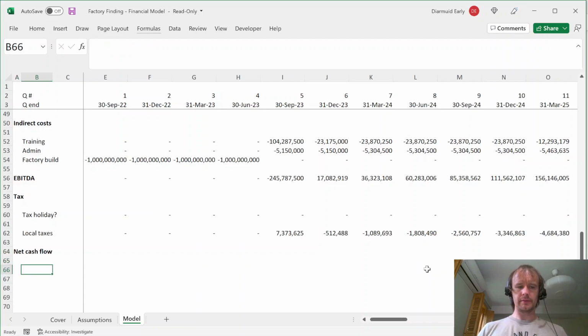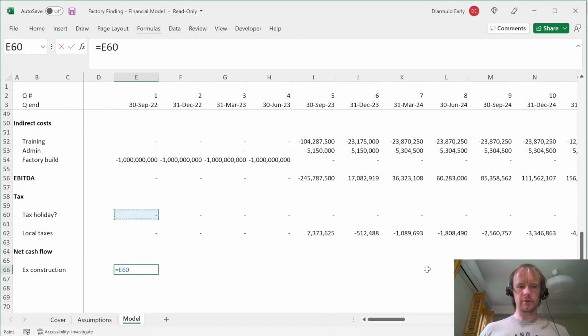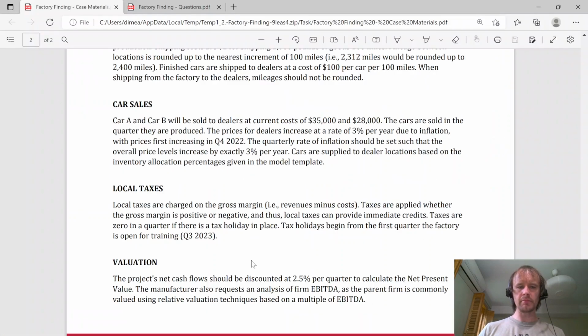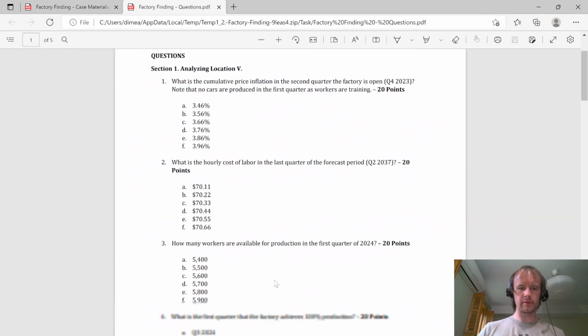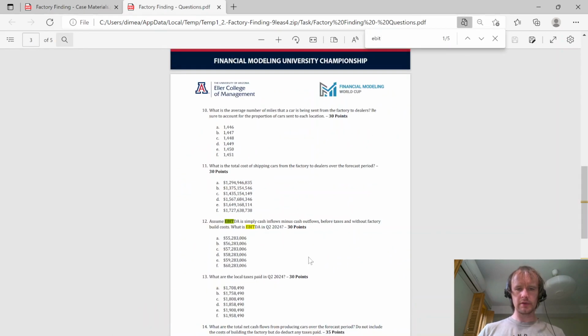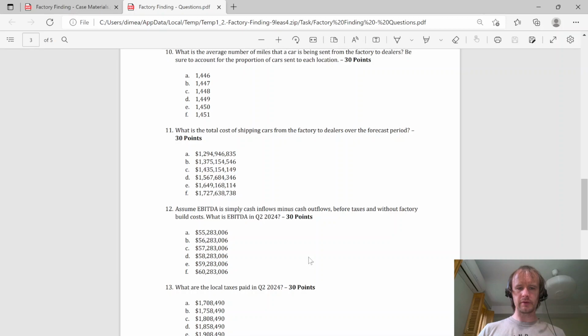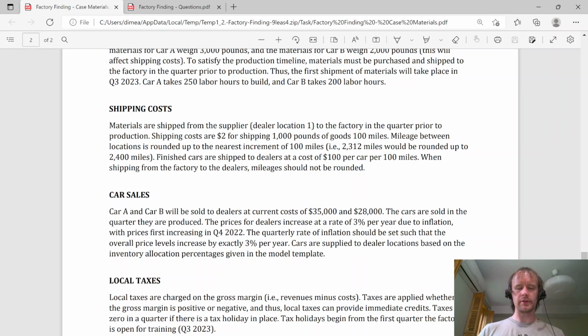So let's say X construction, and that's just going to be EBITDA plus local taxes. Oh, by the way, sorry, a small point on the EBITDA that I glided over. But somewhere in here, I think it's in the questions, because I was wondering whether this was a little technical for college students, it said assume EBITDA is simply cash inflows minus cash outflows. So in other words,